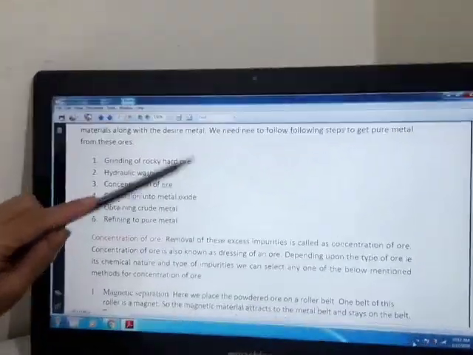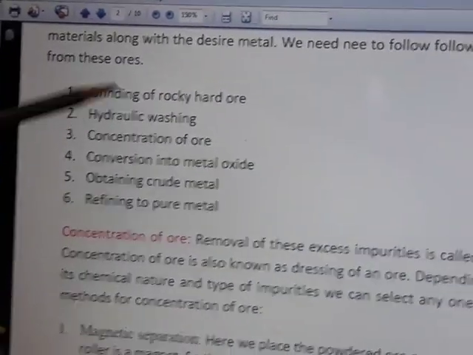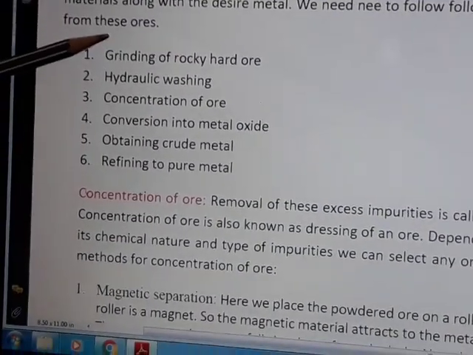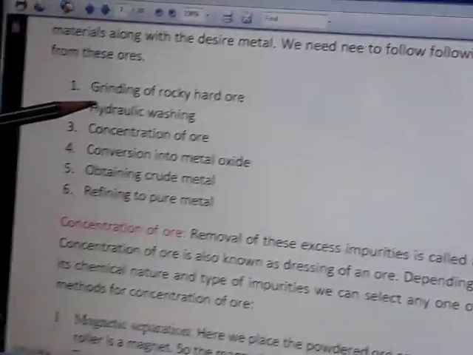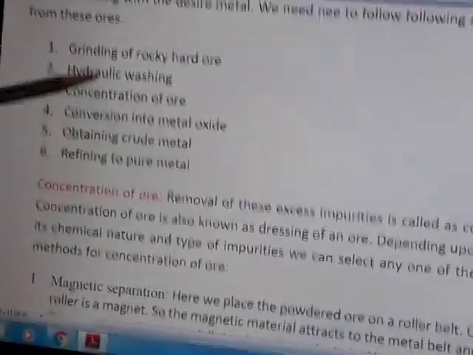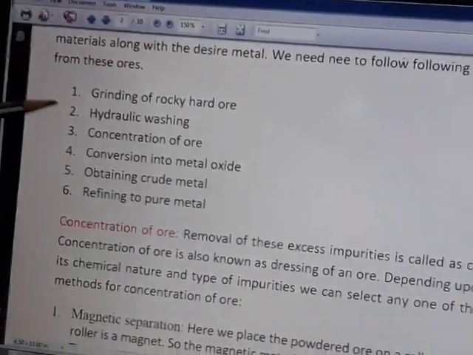Here are the steps which will be followed. The first is the grinding of rocky hard ore. When the ore is obtained, it has to be ground to a fine powder. Then it would be subjected to hydraulic washing to remove most of the sand and other undesired substances